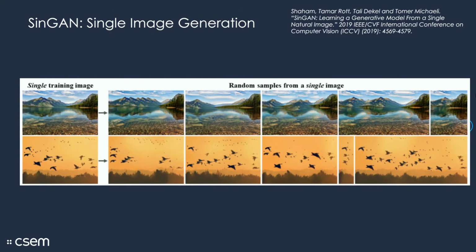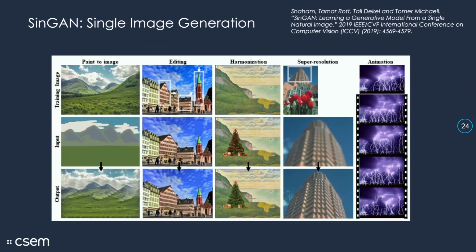They were able to produce astonishing results, but of course, this is limited. If you train on an image of birds or beautiful Swiss scenery, you cannot generate faces. But on the other hand, it shows the capabilities of working only on one image, and that one image, in fact, is composed of many smaller images, and we can utilize this information. And they were able to do amazing things with this model. They were able to edit images, to harmonize objects into images, to super resolve images, and all with the same